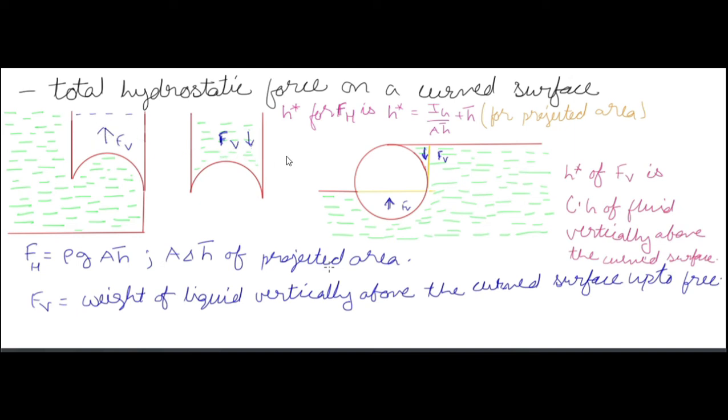If it would, the FB would have been acting downwards, but it's a vacant one, so FB is acting upwards. Okay, in the same question, if you had put it here, it doesn't mean that FB had been acting only here. It would have been 0 because it could have cancelled out.